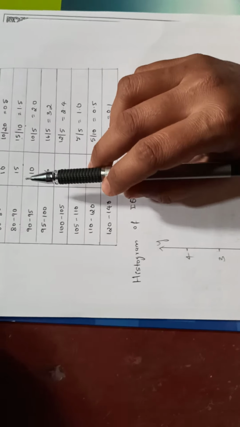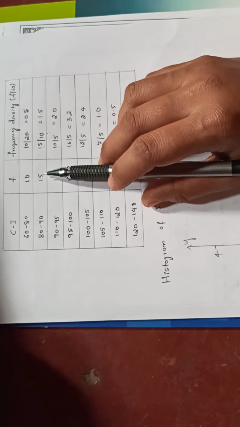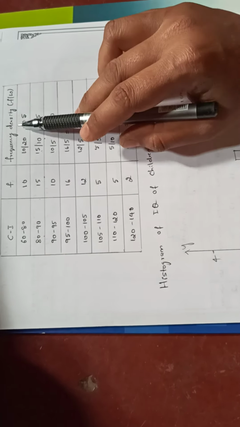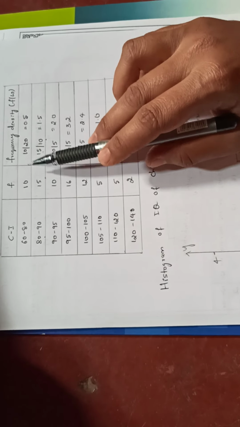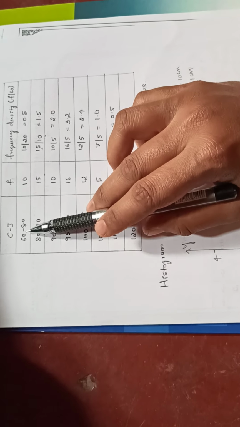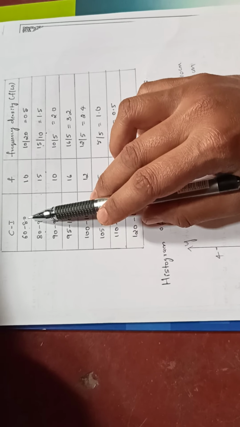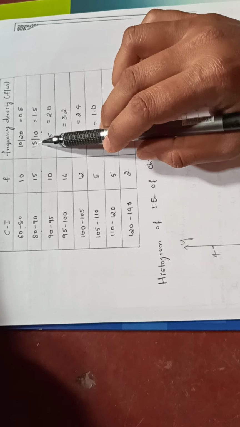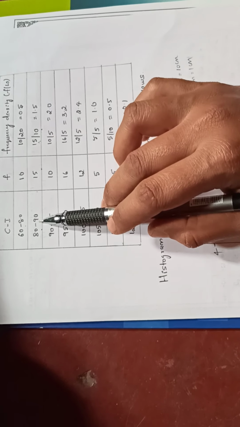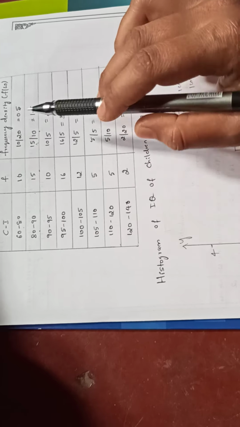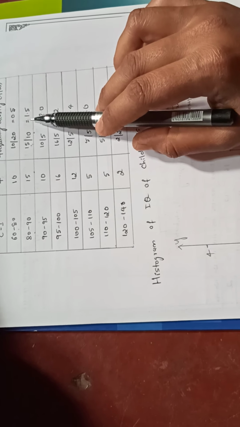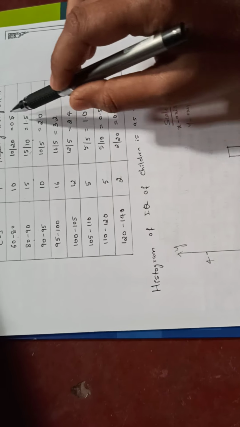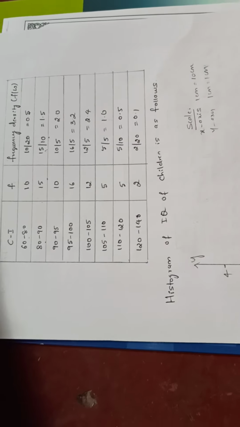And here you can see we have a class intervals. This is the frequency. So before plotting the graph for unequal width, you have to write the frequency density like this. That is 10 divided by the width of the class interval. That is from 60 to 80 the difference is 20. So you are going to get the answer as 0.5. And then 15 divided by 10. So 10 is the width here. That is from 80 to 90 the difference is 10. That is 15 by 10 will be 1.5. So these frequencies must be taken while plotting the graph.